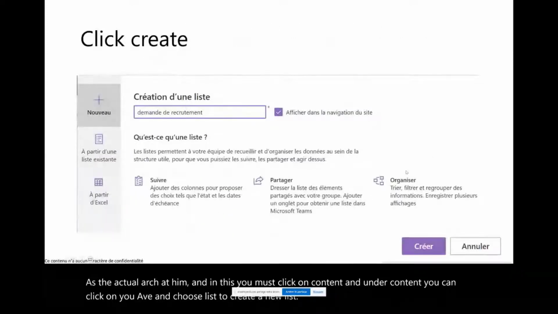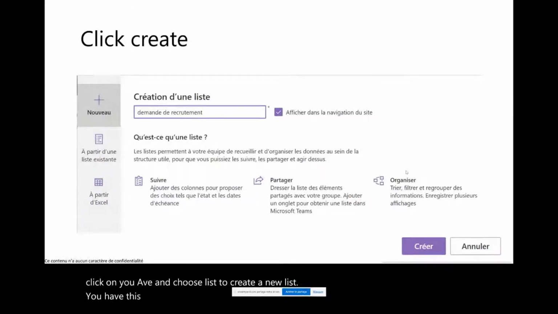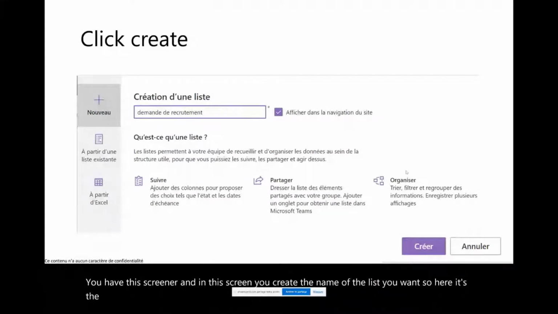You have this screen, and in this screen you enter the name of the list you want. Here it's the recruitment demand. After that, you click on Create.